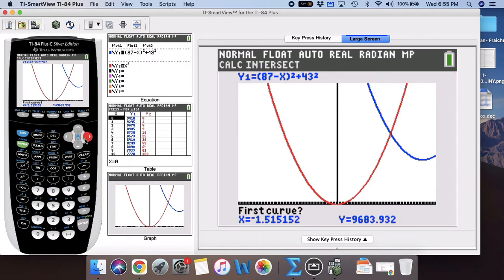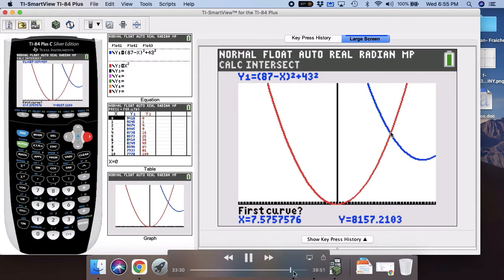But if you just press second trace, enter, enter, enter, even if you don't see the bug, usually it does take you to the right location. In this case, when I redid it, it did work. So there's my bug. When I redid it and did second trace number 5 intersection, press enter 3 times,